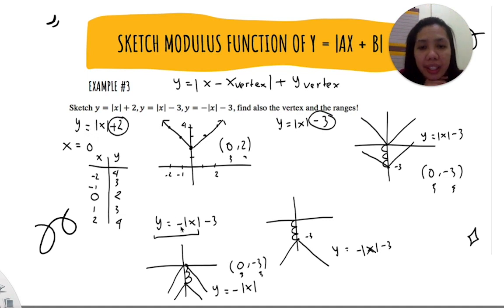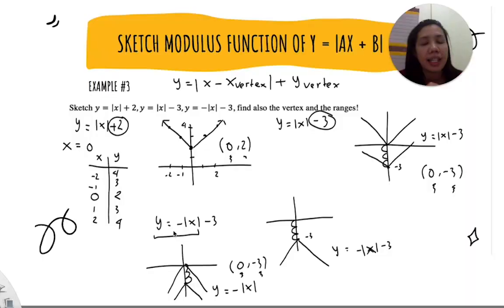Okay, the next thing I'm gonna tell you is the effect of the positive sign and the negative sign here. The positive sign in front of the absolute gives us information about the slope of the function. As you can see here, when we have the positive sign in front of the absolute value, we will have an open upward graph like this. With the negative sign, you'll have an open downward graph like this. So it gives you information about the ranges.